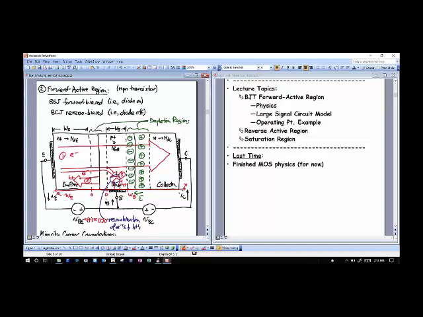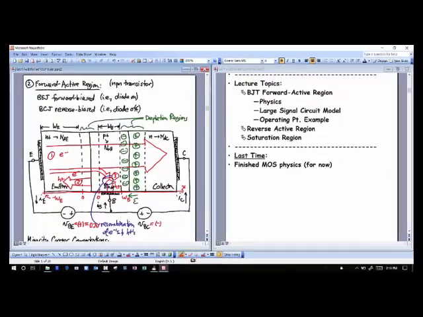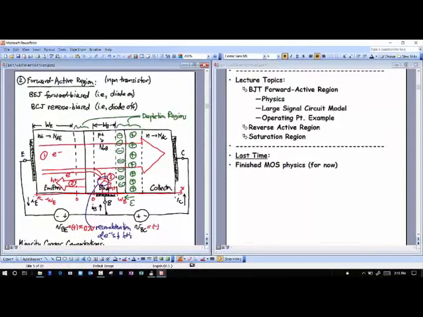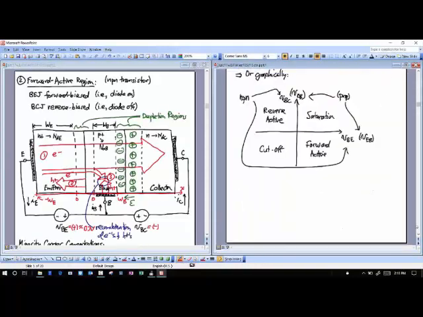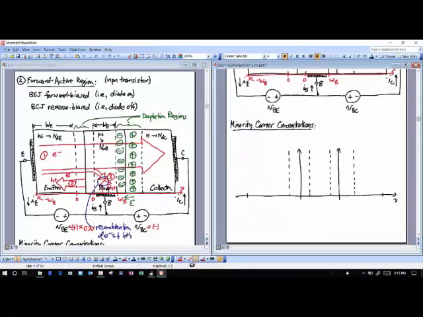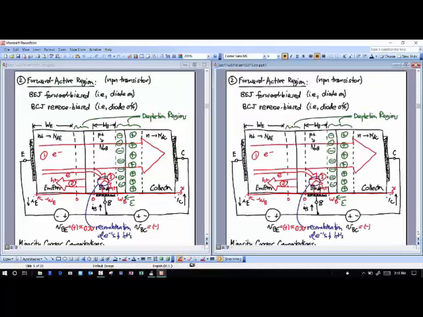We started talking about the currents that flow. Also, the base collector junction, for forward active, is reverse biased. So when you're in forward active, you forward bias the base emitter junction and you reverse bias the base collector junction. The reasons we talked about last time, but I'll say more now. It's because we want certain currents to flow, and we like to suppress other currents as much as possible. The current that we want is this current right here, current number 1, which is the current of electrons that get injected into the base.